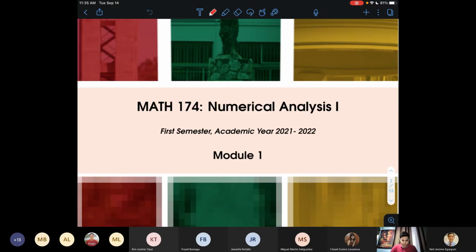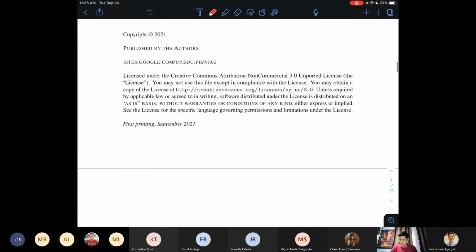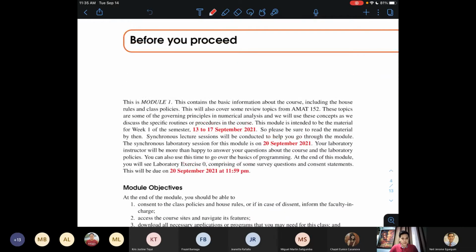So the modules will be composed of, I think, 3 or 4 parts. Here, I have a section I call the Before You Proceed, which is basically the study guide. I saw in the course guides of my colleagues here that they used last semester in UPLB, they have what they call study guides for every week. But I decided to incorporate the study guides into the module so you only have one file to look at.